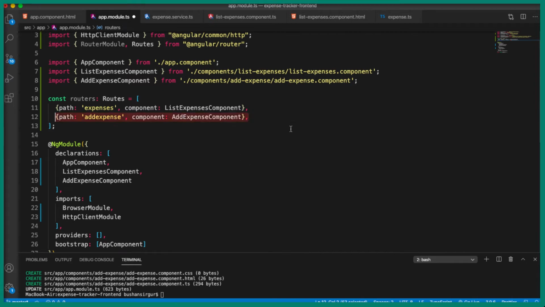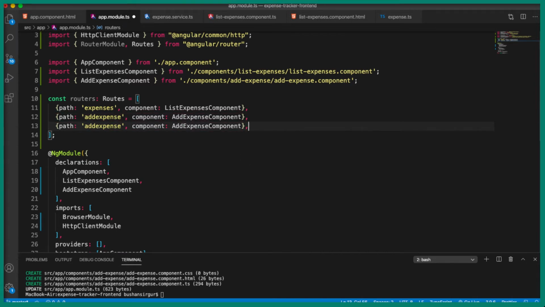And by default, when the user navigates to localhost 4200, we have to navigate to the /expenses route. For that, we are going to specify an empty path, and inside this we don't specify a component.